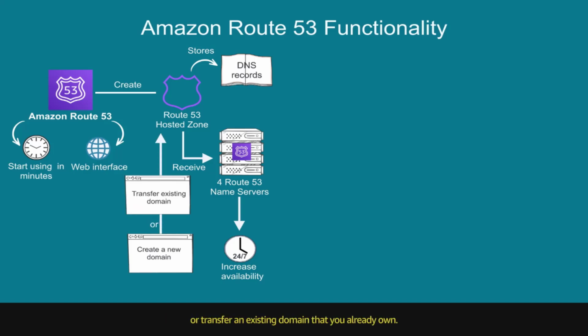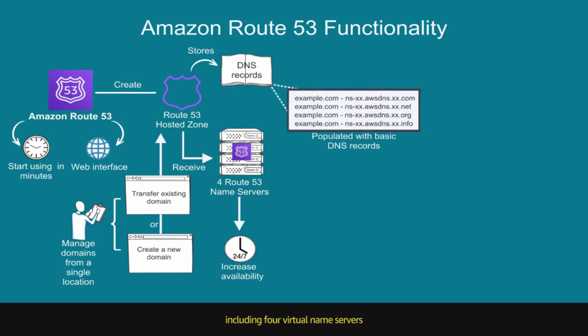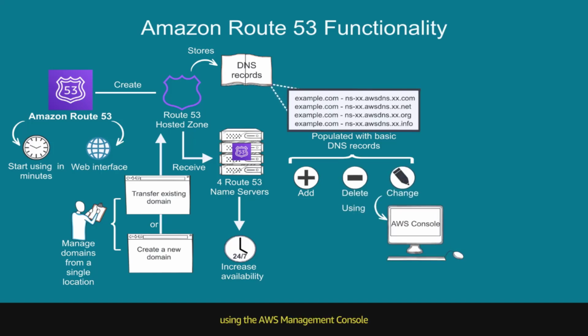an existing domain that you already own, so you can conveniently manage your domain names and DNS configuration in a single location. Your hosted zone will be initially populated with a basic set of DNS records, including 4 virtual name servers that will answer queries for your domain. You can add, delete, or change records in this set using the AWS Management Console or by calling the Change